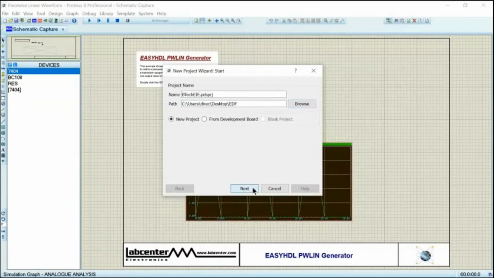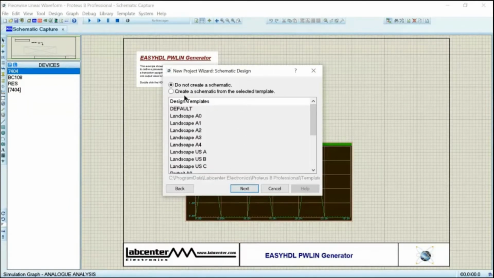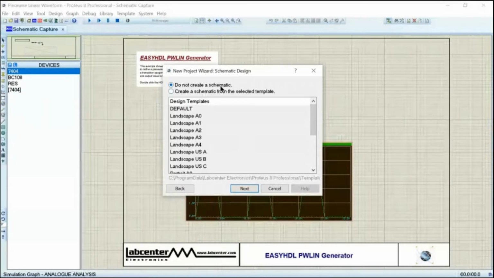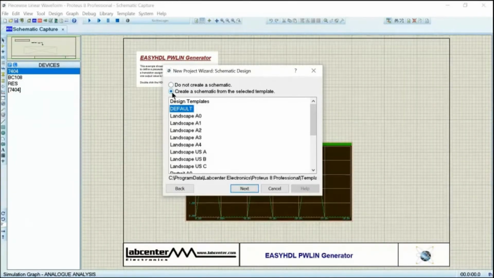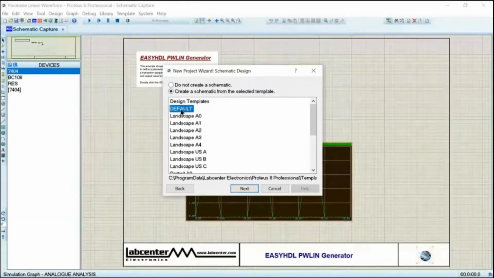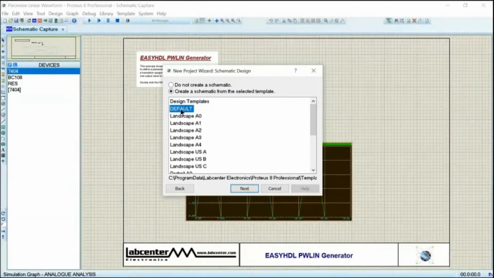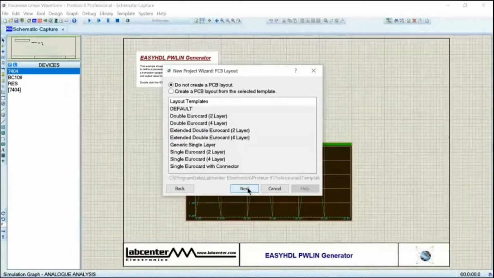Click next. It is asking whether you want to create a schematic. Schematic means circuit, so I click this. Are you able to see the screen, all of you? Yes, sir. Choose the default template and click next.